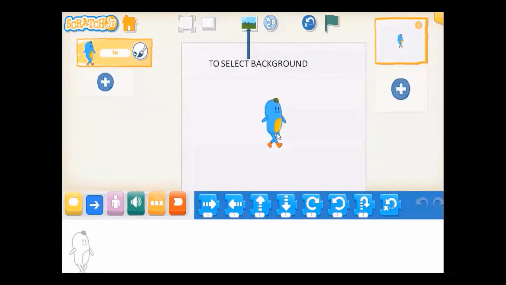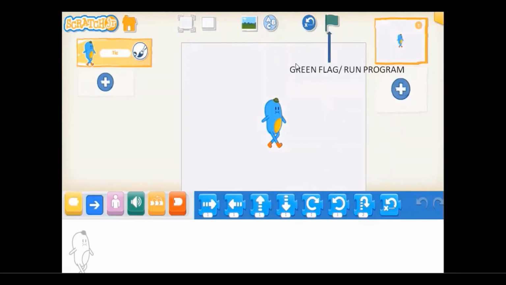All right, let us see the next icon, what it stands for. This is the text box. Now using this, I can give heading, subheading to my stage. You just have to click on this and then start typing and give some heading to your stage. The next is, what happens is I will program this character to perform some task, and there are chances that it might be placed somewhere else at the end of the performance. So if I want to reset the character's position, I use this icon.